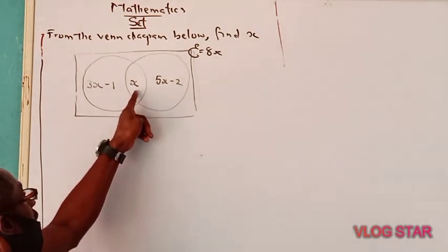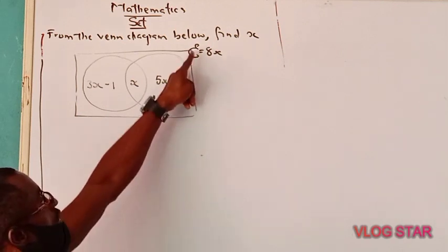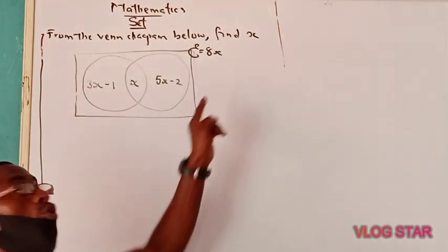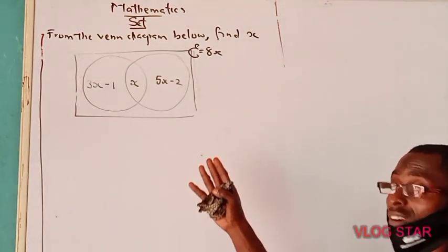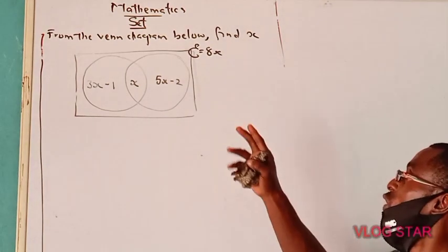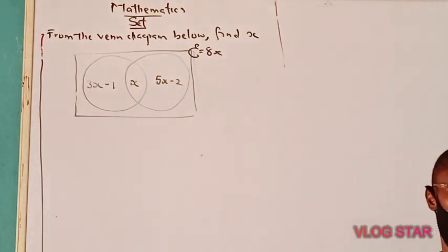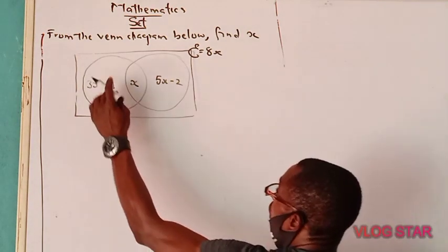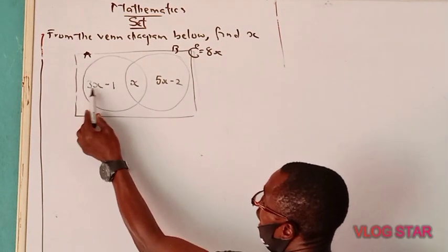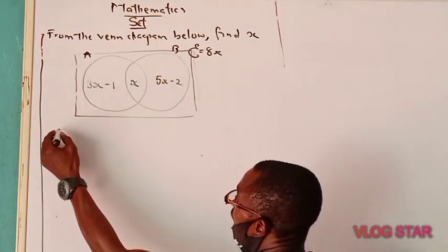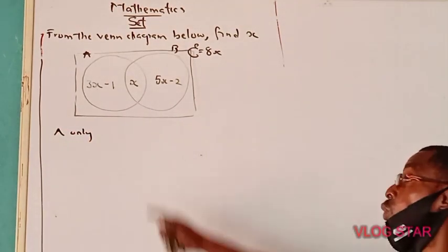Now, when you have this, and whatever you have outside of them, still within this rectangle, everything will sum up to this universal set. So when you draw your Venn diagram, which we'll see in the next question, you will sum them up. But what I want you to note is the notation. You see this one, only this, let's call this one A, let's call this one B. You see this 3x minus 1, it is A only. So you watch out when they use the word only.